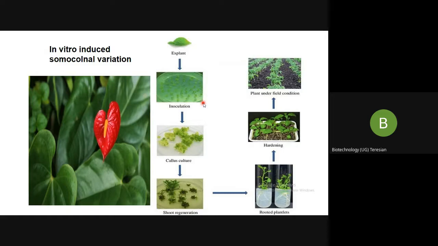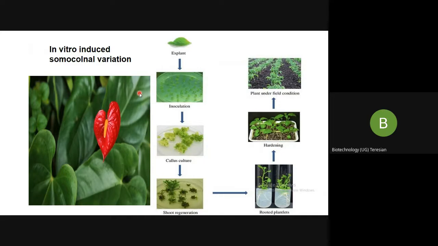Any genetic variation that is present in this explant, which is a tissue, when we harvest it from the donor plant, right? Because explants are what? I told you it is a part or a piece of a plant. So we are actually harvesting this explant from the donor plant or a mother plant. Maybe this one, this is a mother plant. From this, I took a part of a leaf. So the explant or tissue, when we harvest it from the donor plants, is called pre-existing variability.